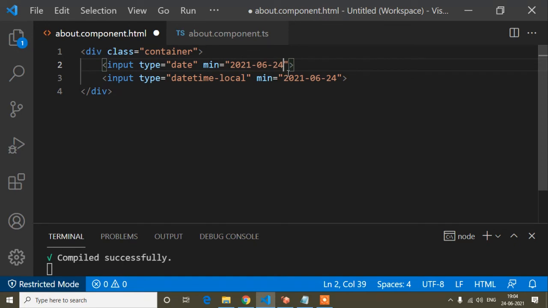So it's by default two digit, so here I don't need to write anything. 24 is two digit, like 2 and 4. So you have to set the format this way, and here you have to write a hyphen, and you also have to remember that.